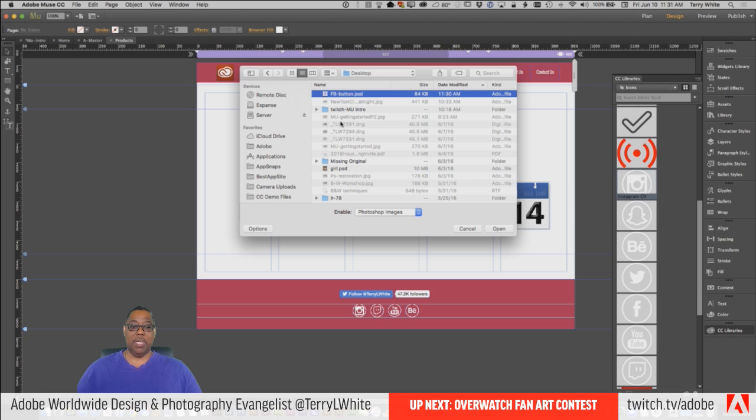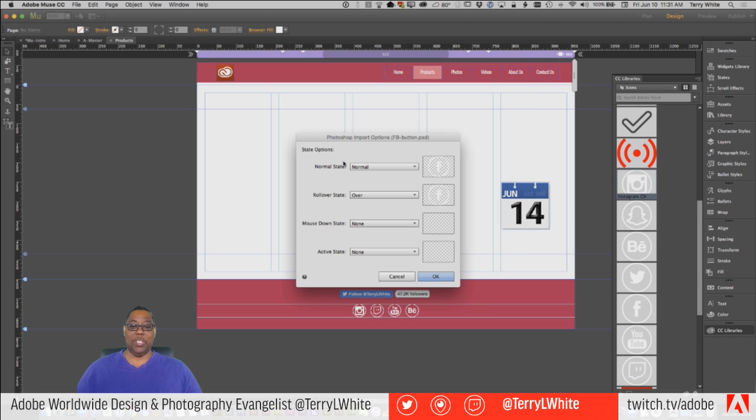So we're going to go in, we're going to choose that as the one we just did, we're going to open it up, and now notice what I get. My rollover state is going to be, actually I should say, my rollover state is going to be over, correct?